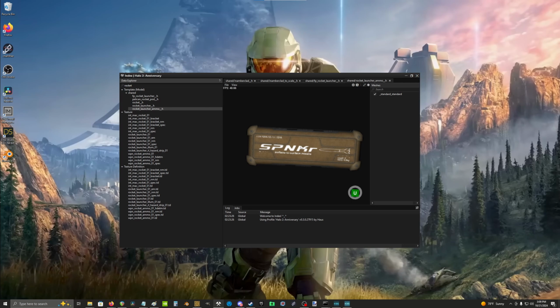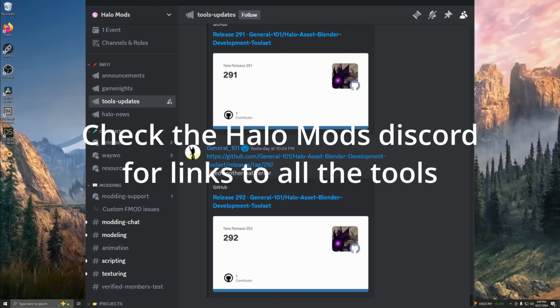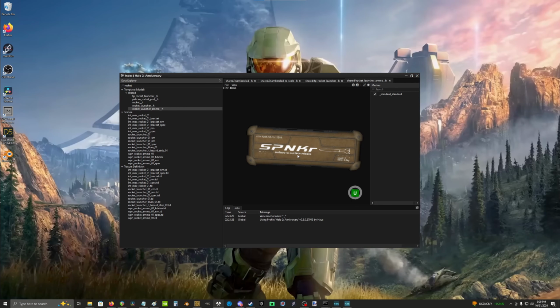All right, so this is going to be a tutorial for how to port a model to Halo 3, and the example I'm going to use is this rocket ammo from Halo 2 Anniversary. I'm going to start out by saying the most fundamental elements I'm not going to go over. So yeah, you need Blender. You should probably understand how to use Blender to some degree, understand the controls and have the proper add-ons that